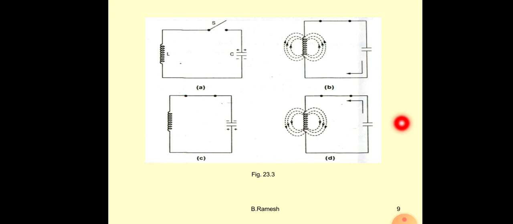Like this, charging, discharging, charging, discharging will produce the damped signal. After a certain time, according to Lenz's law, a counter EMF will be produced in the inductor. So after a certain time, the total energy collapses, and that will produce the damped signal. So that is about a tank circuit. This is also called a tank circuit or an LC circuit.